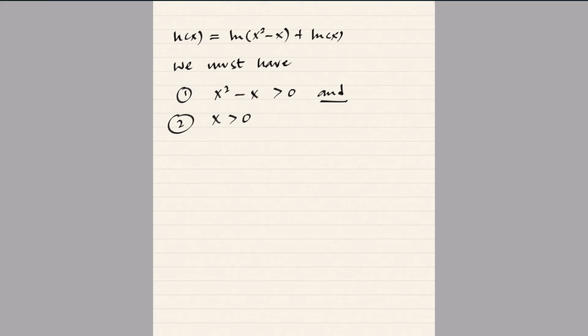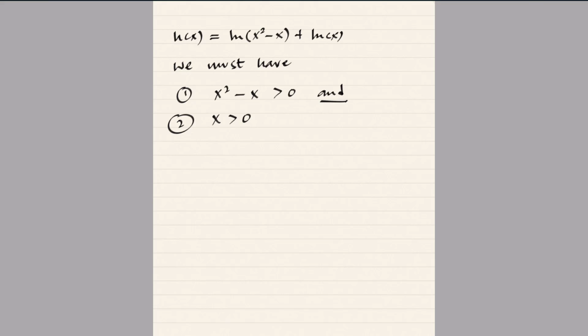So as we've said before, if you have a function that has multiple pieces and you want the function to be well defined, all of the pieces have to be well defined. If one piece breaks down, then the whole thing breaks down. And so we have two separate pieces here. We have one which is ln of the quantity x squared minus x, and then we have a different one which is just ln of x. And so both of those pieces have to be well defined in order for the function